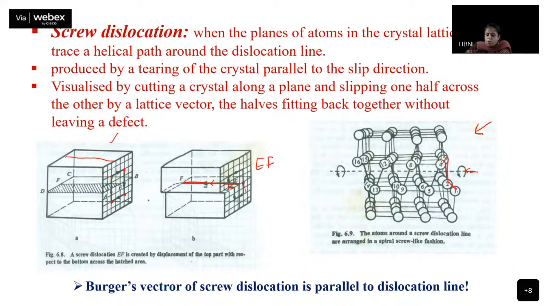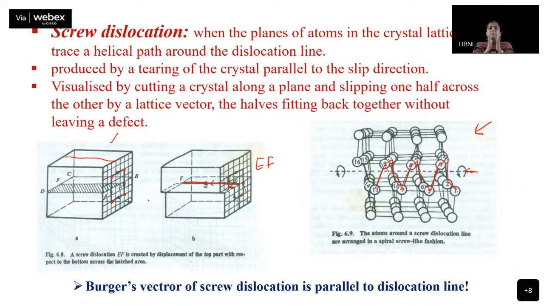But now 4, rather than being joined to 1, which it was in the earlier case, is now joined to 5. 5 to 6, 6 to 7, 7 to 8, but 8 is not joined to 5, it is rather joined to 9. 9 to 10, 10 to 11, 11 to 12, 12 is not forming the square with 9, but it is joining 13. So you can imagine that if your screw dislocation is going like this, the bonds are going round and round about this. It is like the spiral staircase that we used to see in old Bollywood movies. That is why this particular dislocation is called screw dislocation.